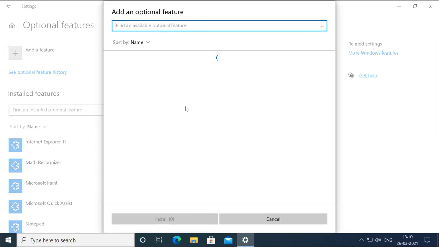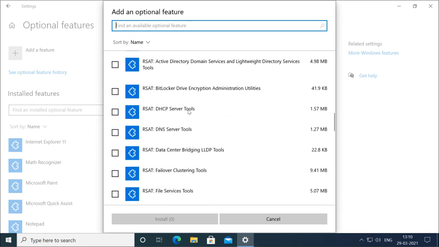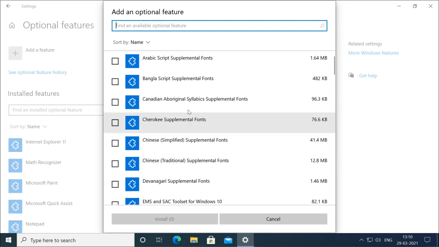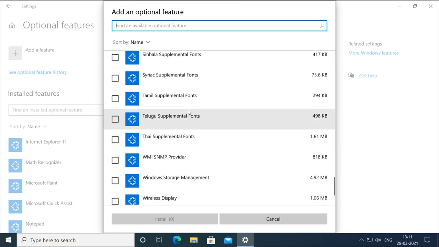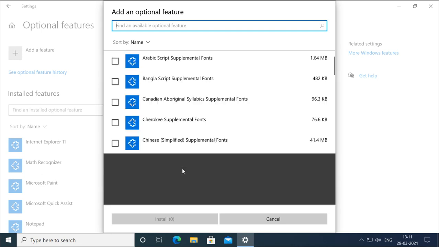And from here you can add some optional features. But still it is not showing all those optional features which are available in the Control Panel. So it is having some settings here, but still it is not having all.